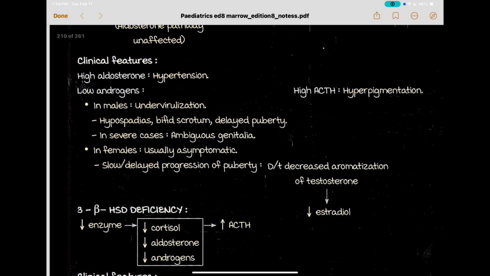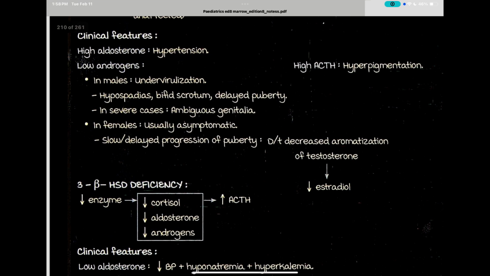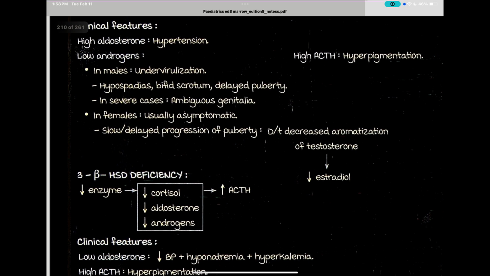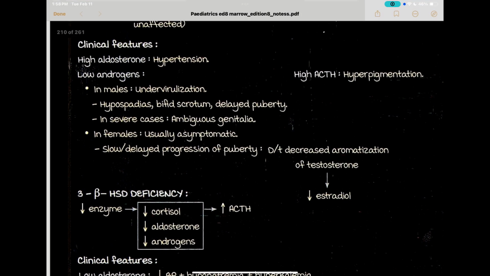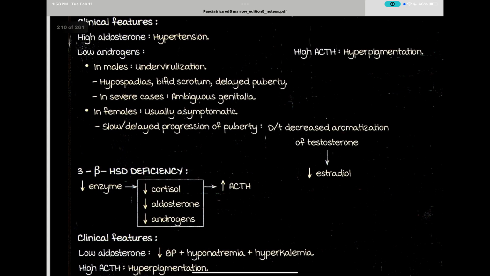Because of high aldosterone, there is hypertension. Low androgens in males cause undervirilization, hypospadias, bifid scrotum, and delayed puberty. In severe cases, ambiguous genitalia. In females, usually asymptomatic, with slow, delayed progression of puberty due to decreased aromatization of testosterone and decreased estradiol. High ACTH